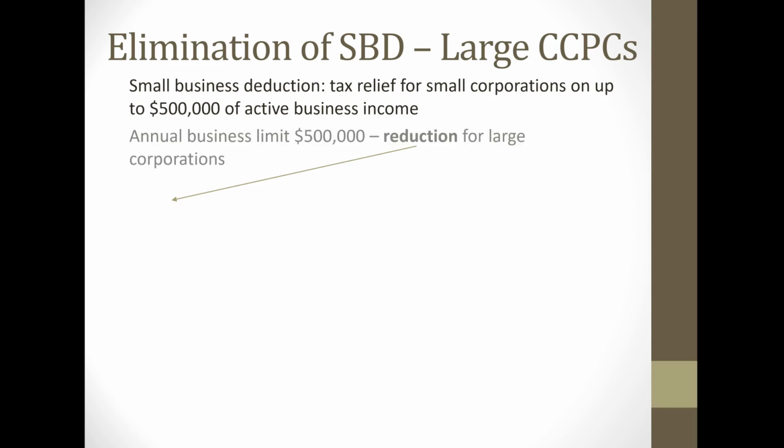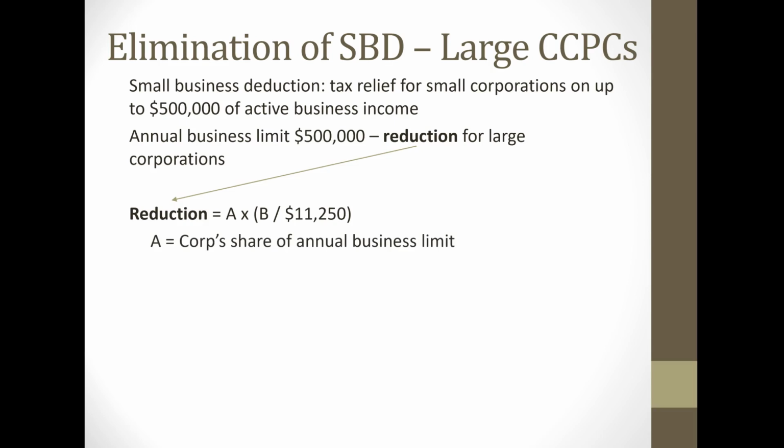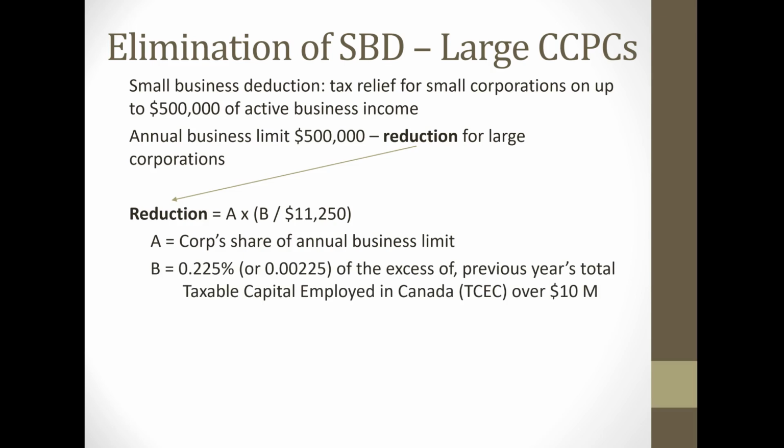So let's talk about what this is. The annual business limit of $500,000, let's assume there's no associated corporations, but we have to make a reduction for large corporations. So let's look at the formula for this reduction. Now, the reduction is calculated as A times the fraction of B over 11,250. So what is A? A is the corporation's share of the $500,000 annual business limit. If there's no associated corporations, then A would be $500,000. B is